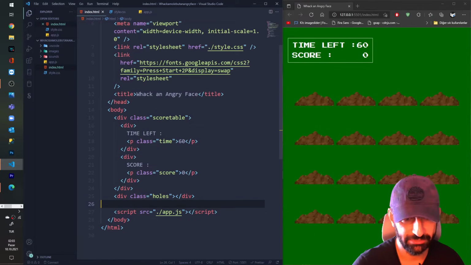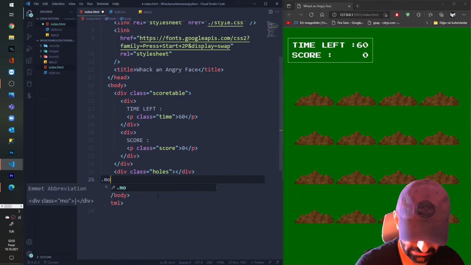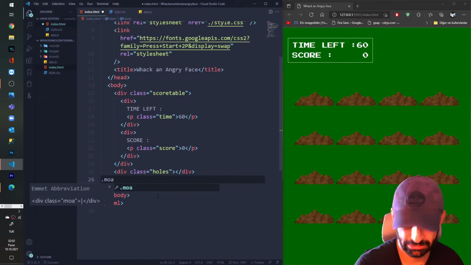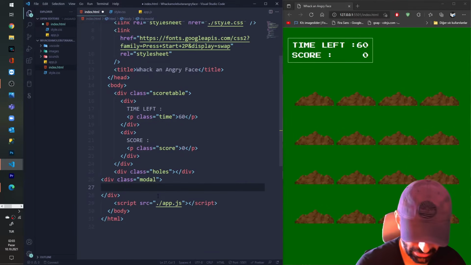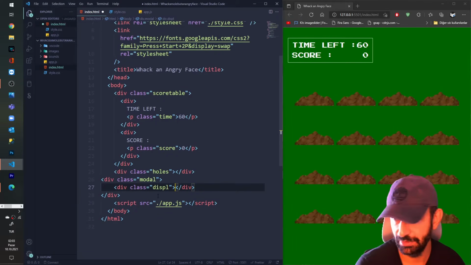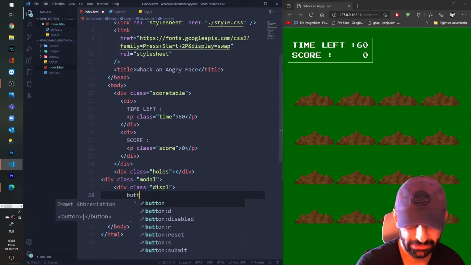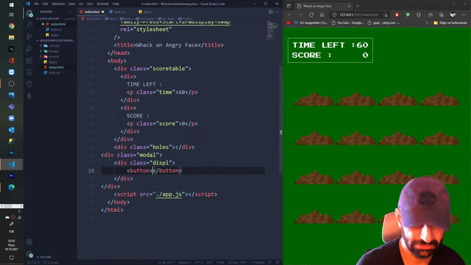So I'm coming to the bottom here and I say class modal, and I'm creating a big div for the modal, and here I say display. Inside the display I say start the game.